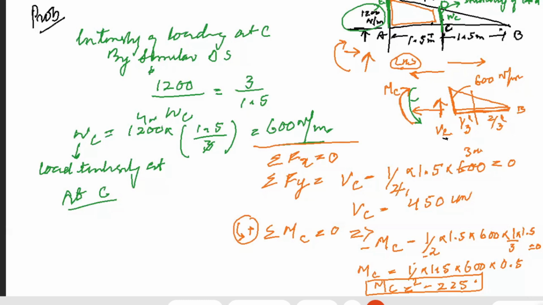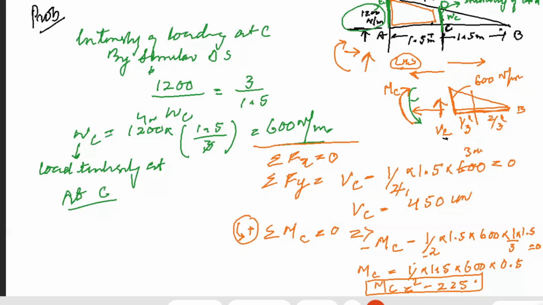Let's say here we talked about point C. In previous cases we talked about a particular point. Now if we have to draw the shear force or the bending moment diagram of the complete beam, whether that be fixed, simply supported, a frame, whatever it is, in those cases we will have to